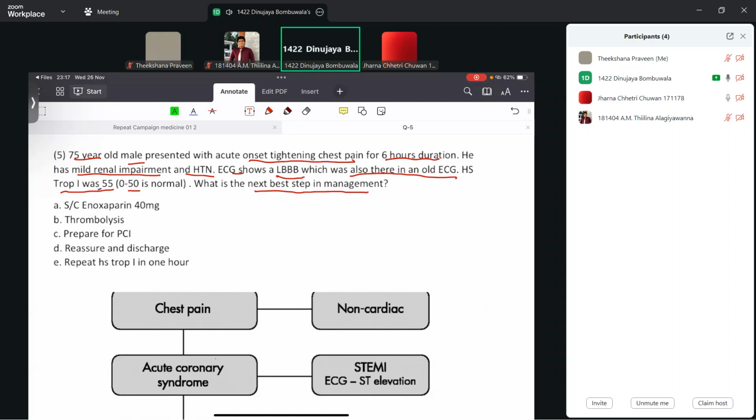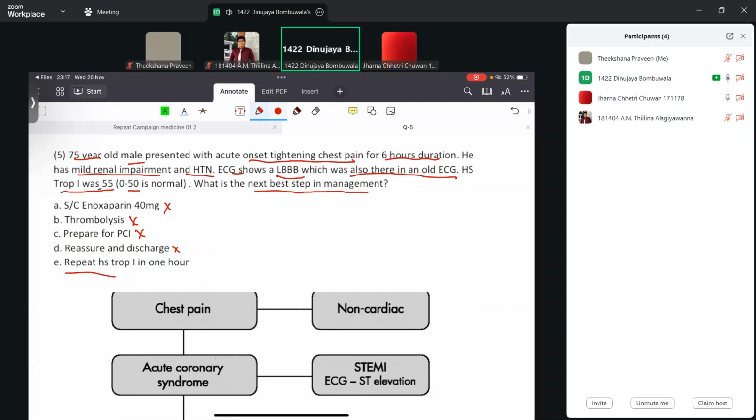So the best thing I think for this patient is, we can't give enoxaparin as we are not sure about that yet. Thrombolysis definitely no. Prepare for PCI, we can do it, but there are no indications for a primary PCI, and I guess he is hemodynamically stable as well. Reassure and discharge, we can't do. I think the better answer is to repeat the troponin in a 1 hour period, because troponin levels, even HS troponin levels